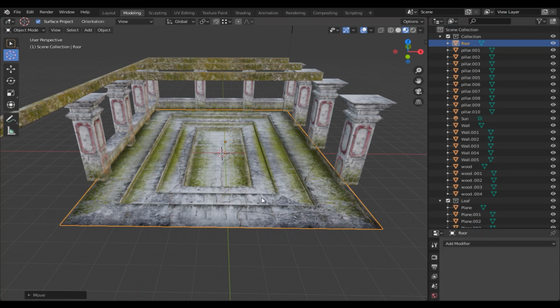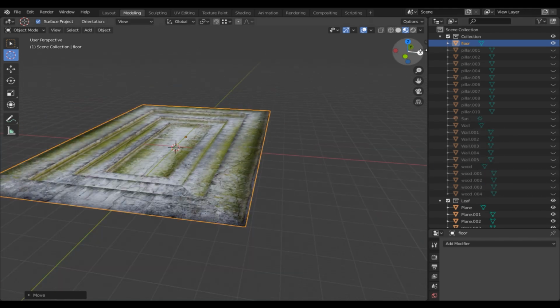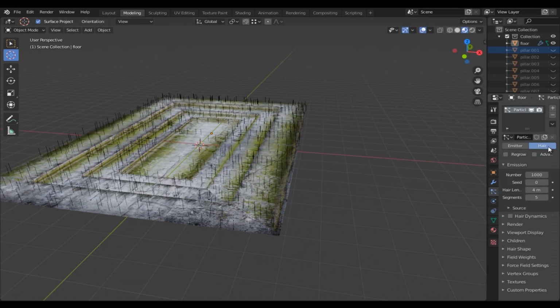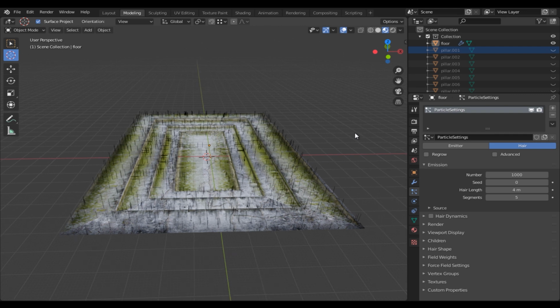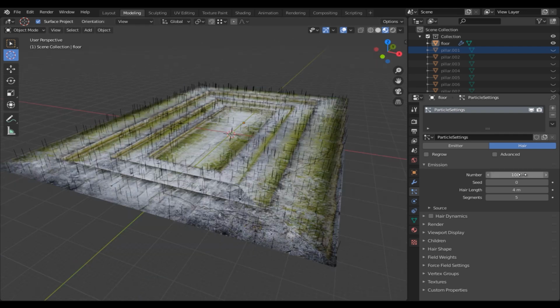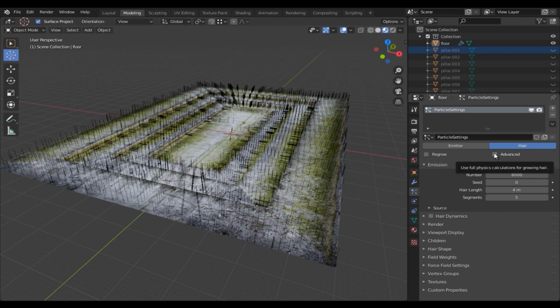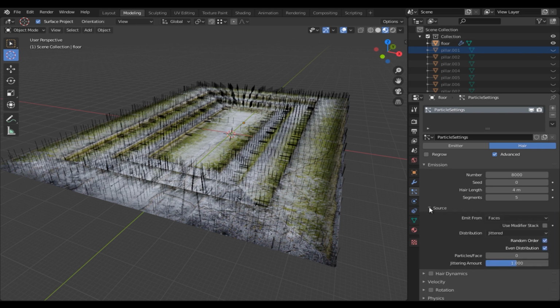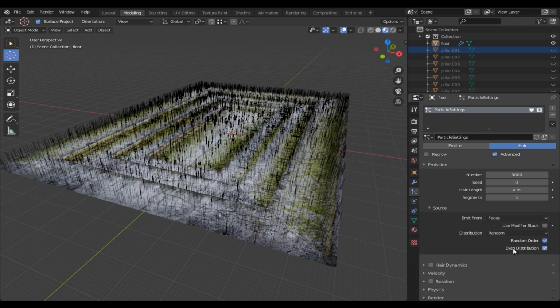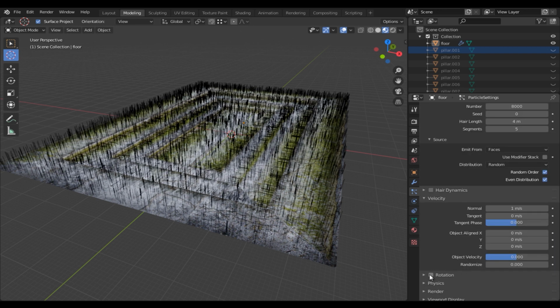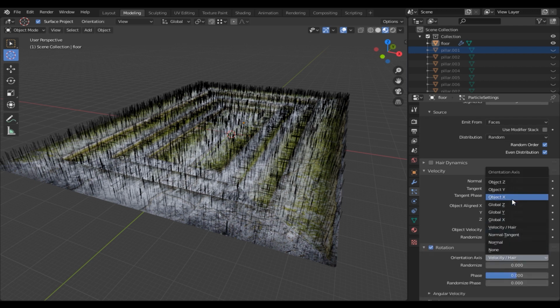In Blender, we are using a particle system to scatter these leaves. Come to Blender, hide everything in the scene except the floor, add a particle system, and choose hair this time. Here you can see the hairs appeared on the surface. Change the number of hairs to 8000 and turn on advanced. In source, make the distribution random, emit from faces, turn on the rotation and change the orientation axis to global